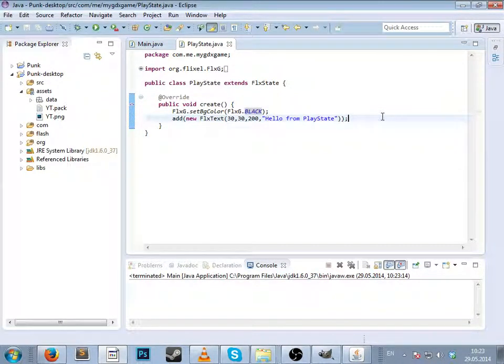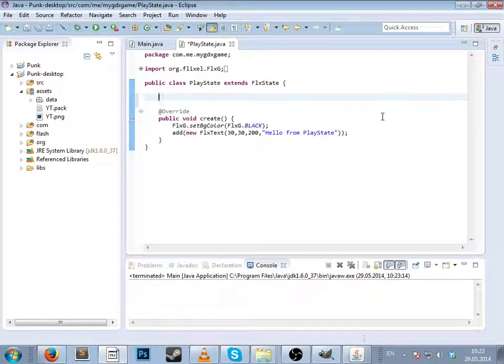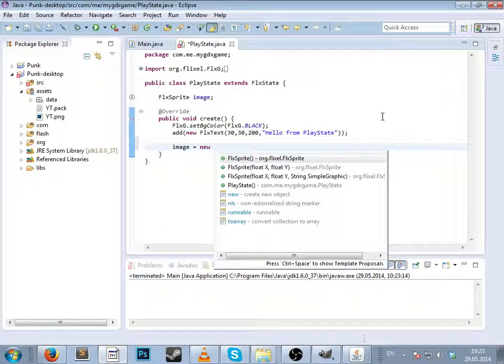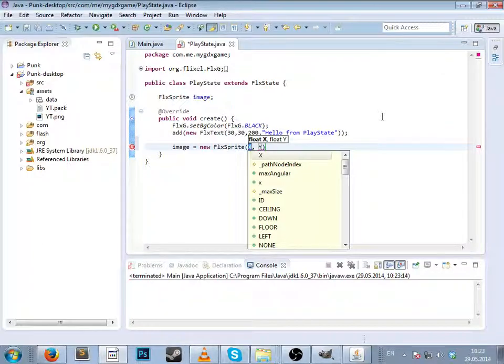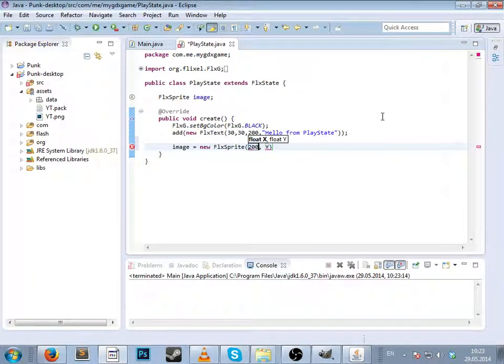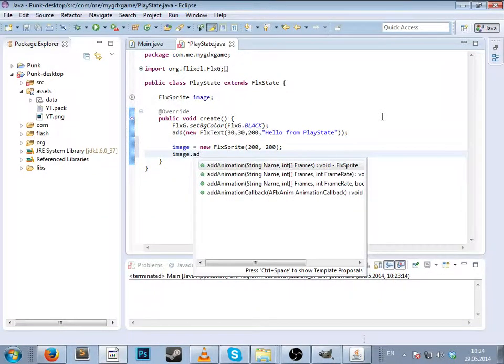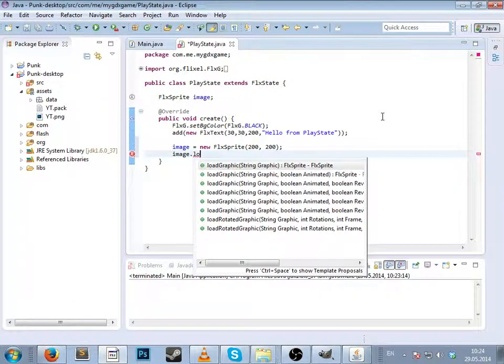Okay, and now let's make a new FlxSprite which is going to represent our image. So FlxSprite image, import that in the create. image equals new FlxSprite, the position you want. Now image.loadGraphic,